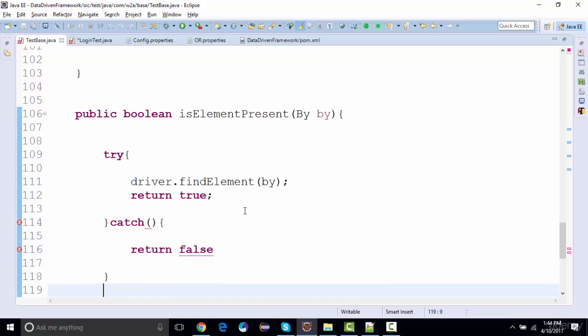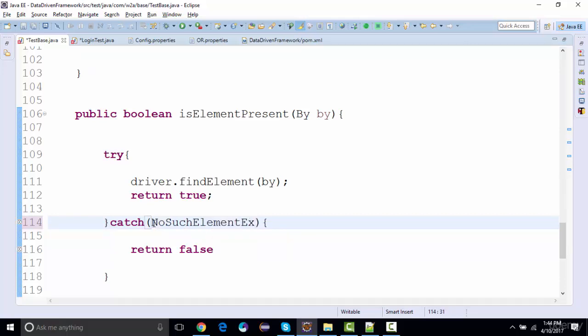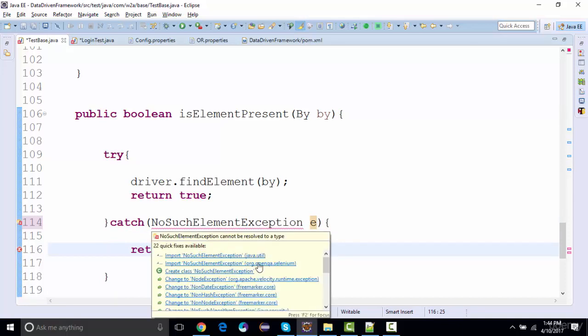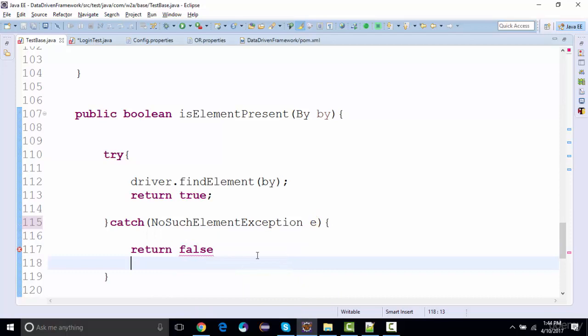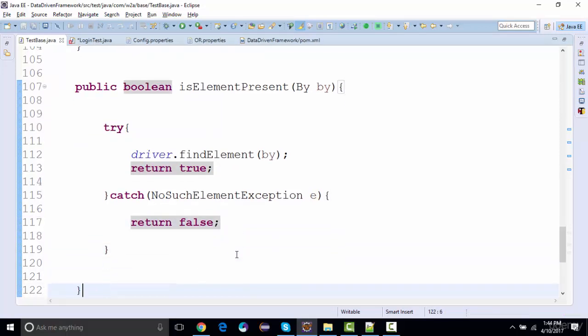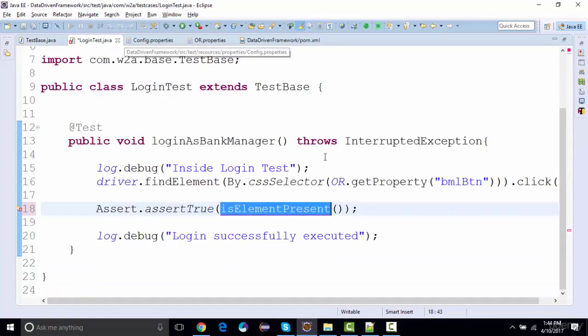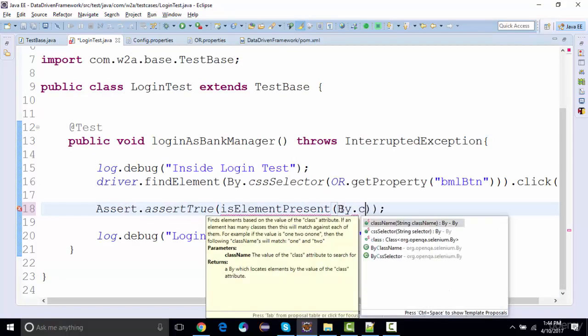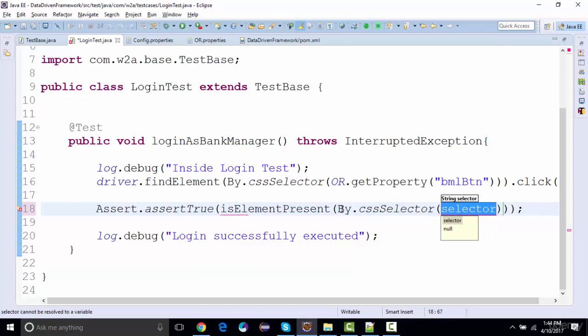So if an element is not found, it should actually throw a NoSuchElementException e, right? And this we should get from org openqa selenium. It should return false if an element is not found, right? Now this method we can use over here by saying by dot css, and css of the element